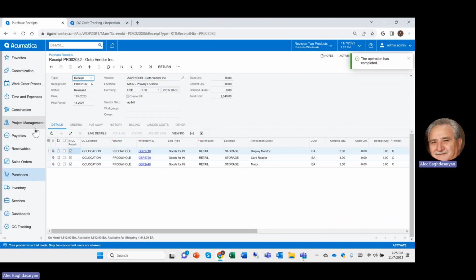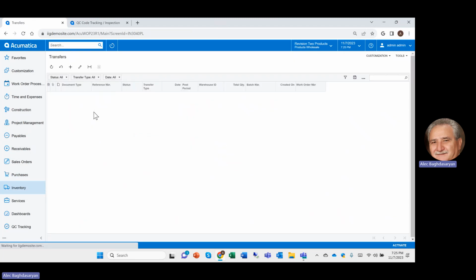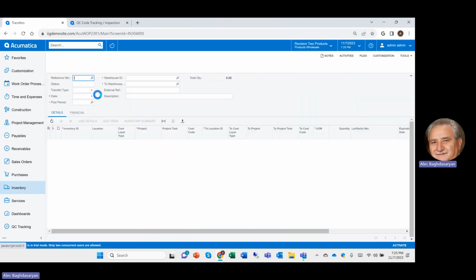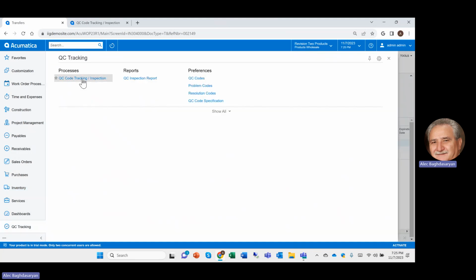Okay. So now we're going to go into the inventory module. You don't have to do this. I'm just showing you the transaction generated, so that the inventory quantities we received are moved to the QC location. And as we complete our QC functions, they'll be removed from the QC location and will get loaded into our main location. So for that, I need to go to the QC tracking